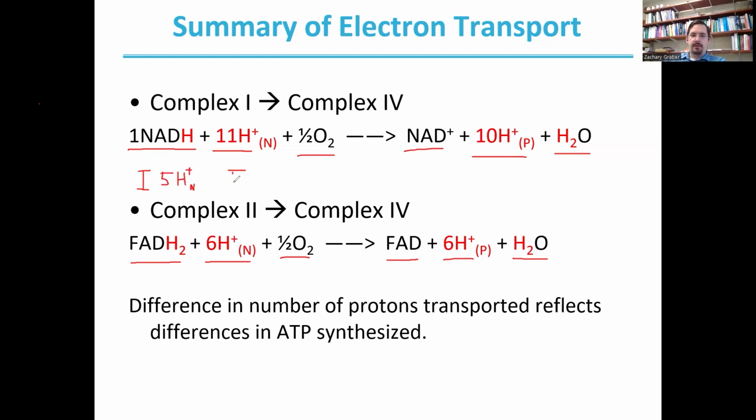We then had complex 3 as our next step in this pathway. Complex 3 takes 2 protons from the matrix side as it produces our ubiquinol. That's from the reduced ubiquinol that we produced, since we have 2 that are consumed and then 1 that's produced ultimately. And then complex 4,